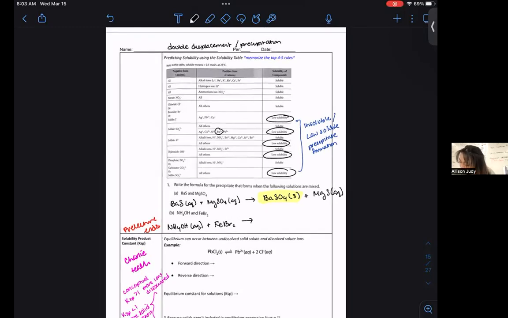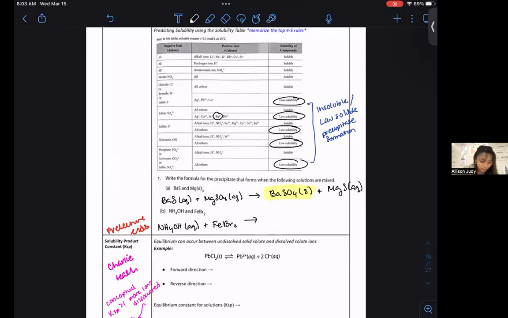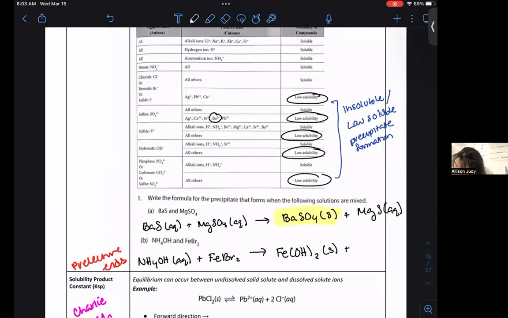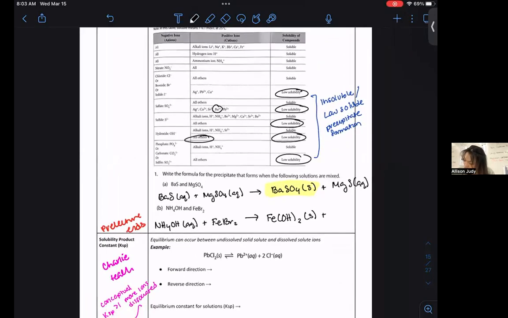But here we do see that iron bromide will undergo a switcheroo and create the following precipitate of iron hydroxide, solid, as hinted by the rule that all other cations with OH minus are low soluble, and ammonium